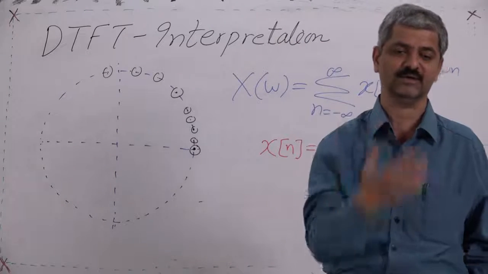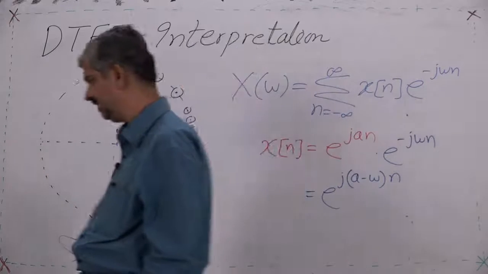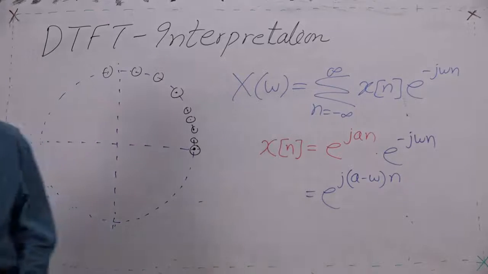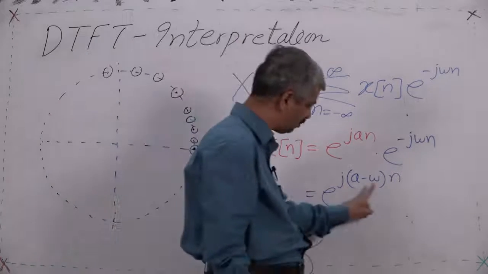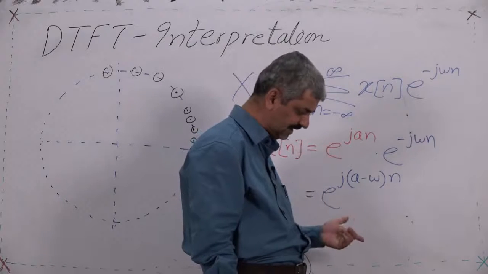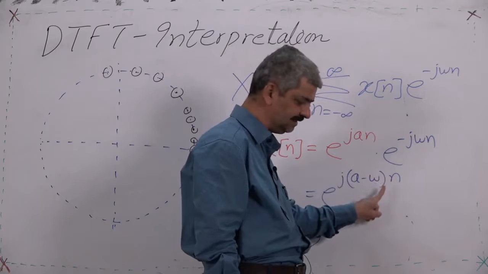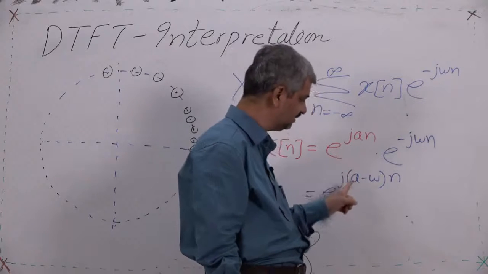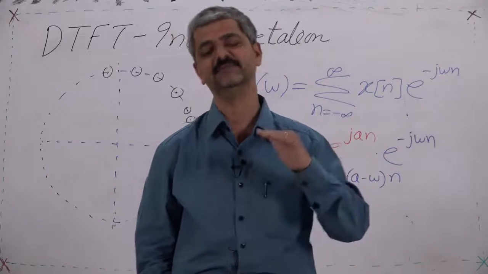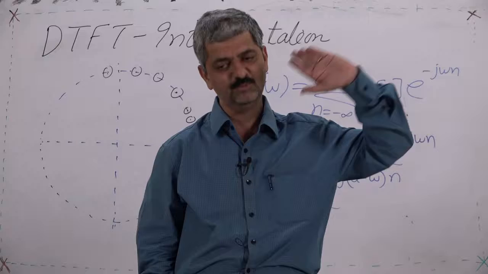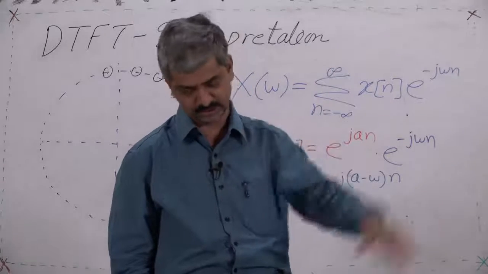except if it is not rotating or rotating at 0 speed. Listen carefully again, infinite sum of rotating points at a constant speed. Now, a minus omega is constant. So, if omega is less than a, it is positive. If omega is more than a, it is negative. So, in that case, what will happen? If the net sum is positive, it will be an anticlockwise rotating point. If the net sum is negative, it will be a clockwise rotating point.